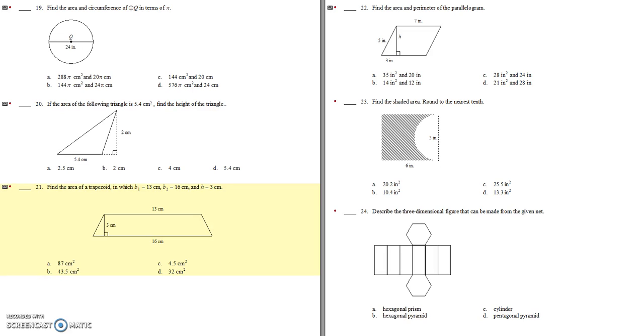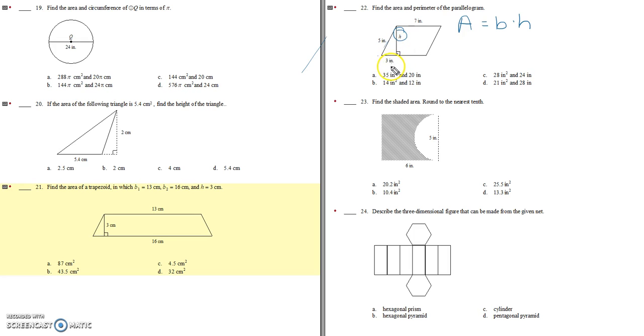Okay, let me come back to 22 because we just did the perimeter on 22. If we wanted to find the area first, I have my base. Area is equal to base times height, but I don't have my height right here. However, since this is a right angle, this is a right triangle, the 3 and the 5 with the H